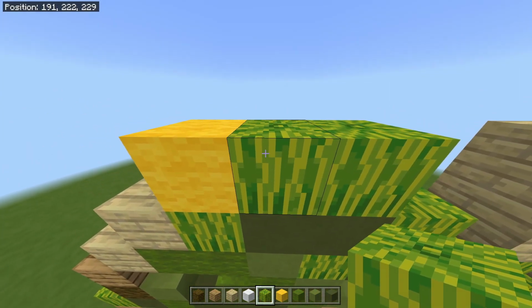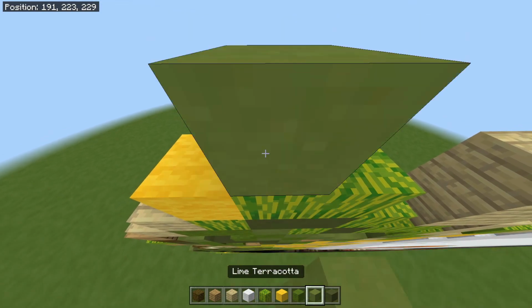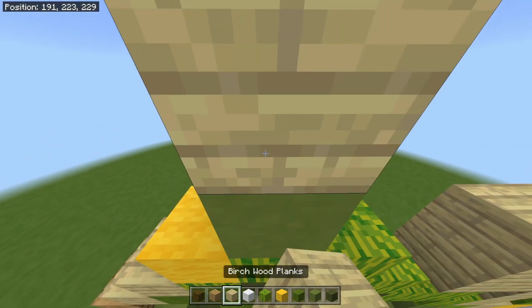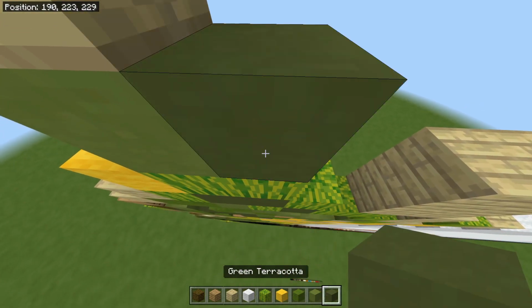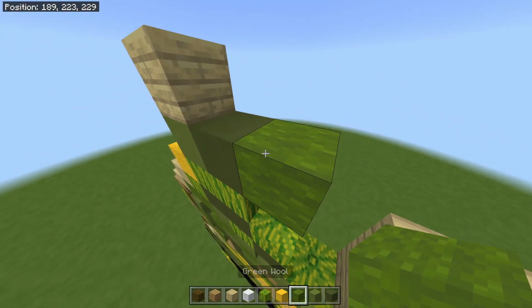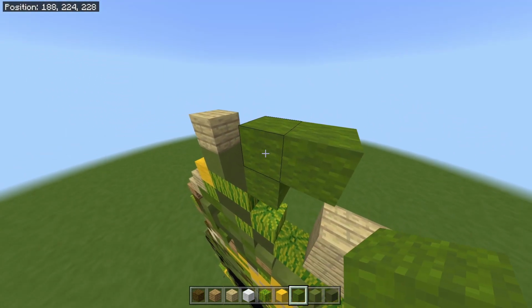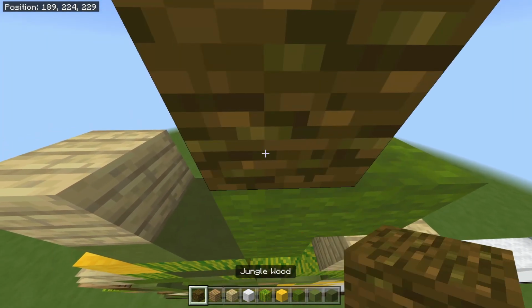On top of the left block of those 2 melons, you're going to place a lime terracotta with a birch plank above it. On top of the right of those 2 melons, you can place a green terracotta with a green wall to the right of it, with a linked 2 green walls going across on the upper level to the right. On top of the first of those 2, so right there, you can place a jungle